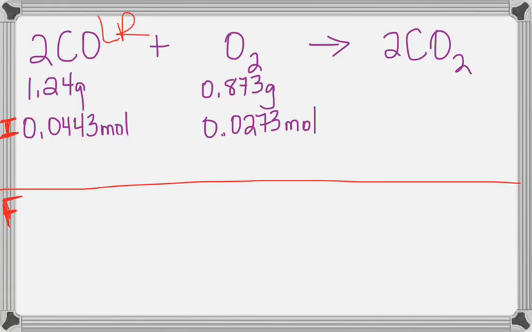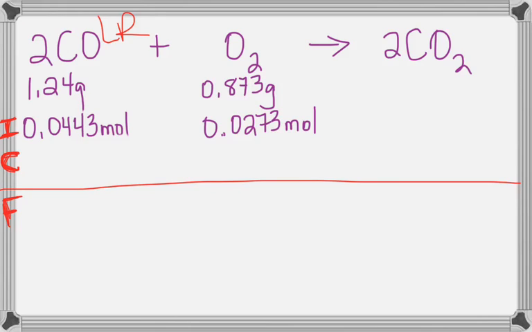And I'm going to label this middle line with a C. And C stands for change. Let's figure out how much we're changing by. So we've got initial, change, and final. In order to finish this table, the first thing I have to do is figure out the limiting reactant, which